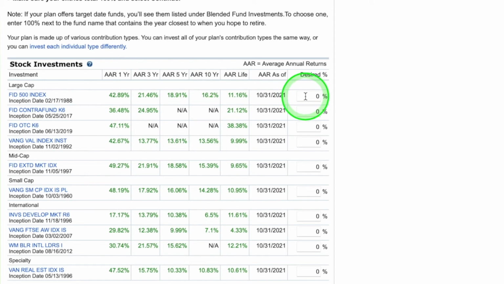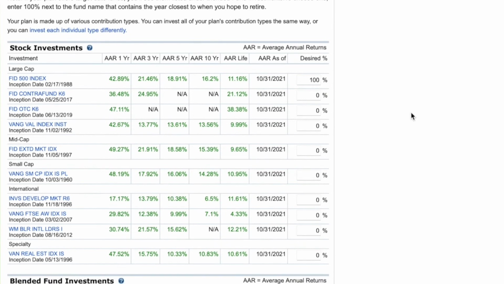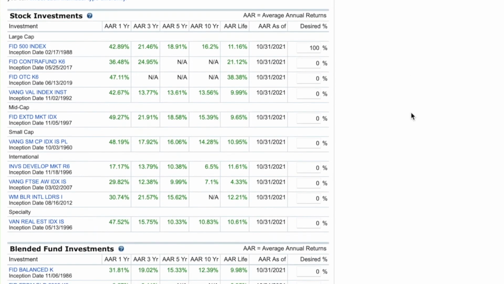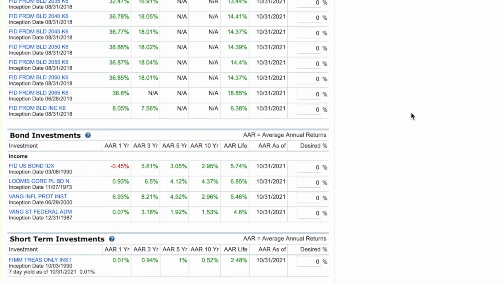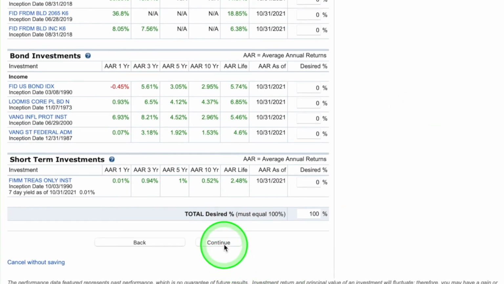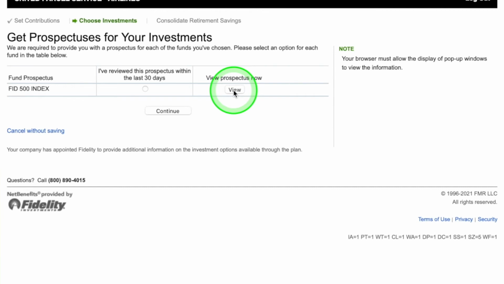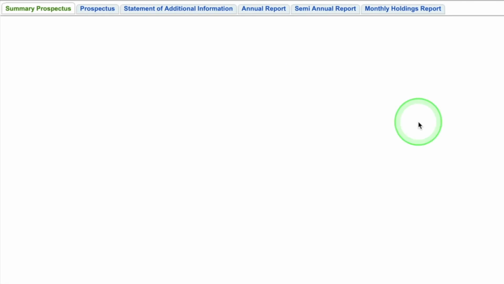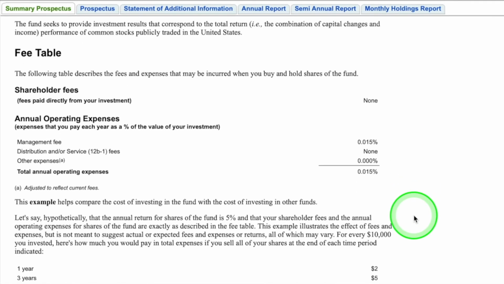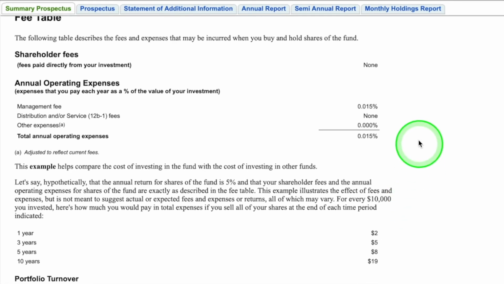So we'll go ahead and select that we want 100% of our funds deposited into the Fidelity 500 index. Okay, so we'll just go ahead and scroll down, click continue. All right, so here's on reviewing your information. You could review it now if you want, which just has information about this particular fund. And if you want to take your time and go ahead and look over it,